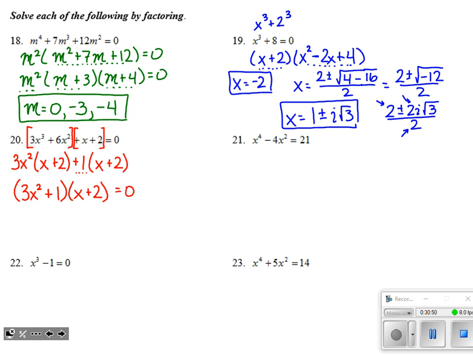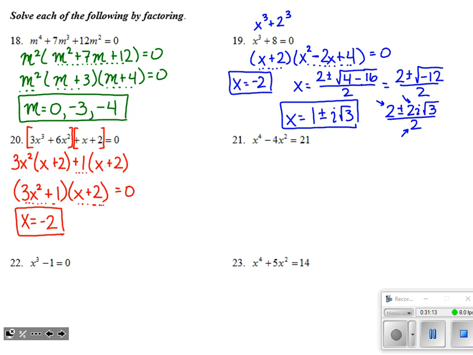And of course that's still set equal to 0. We're still solving. So I really should have had an equals 0 up here. Remind myself that it's still an equation. I want to end up with x equals something for an answer. So this factor right here, x plus 2, is going to give me x equals negative 2 for an answer, and that's a pretty easy one to find.